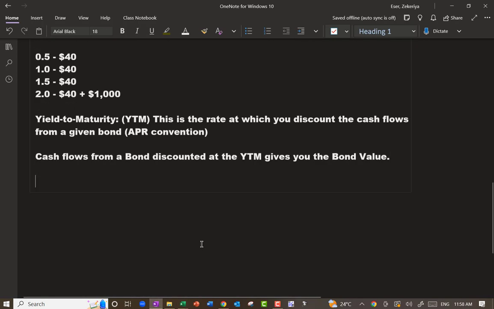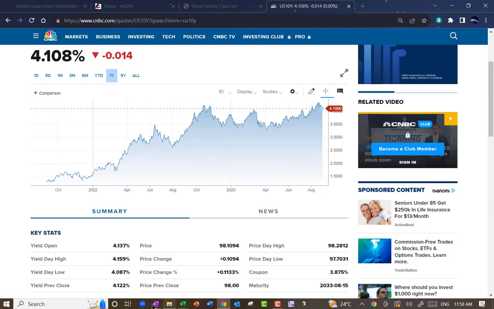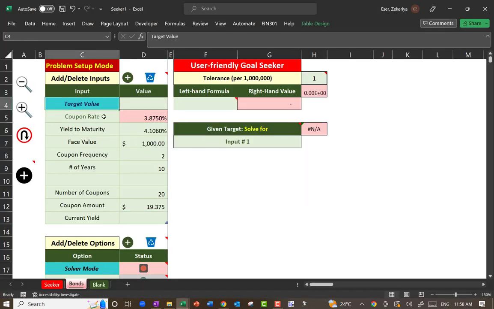I would never use that for trading purposes, but current yield equals face value times coupon rate divided by bond value. All right. So instead of target value,